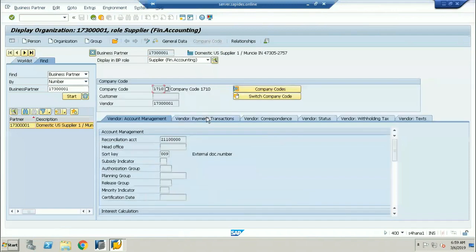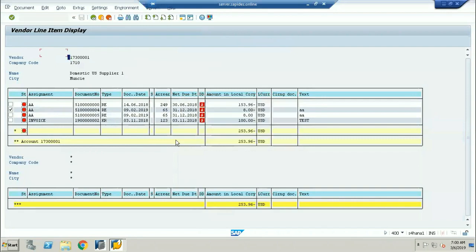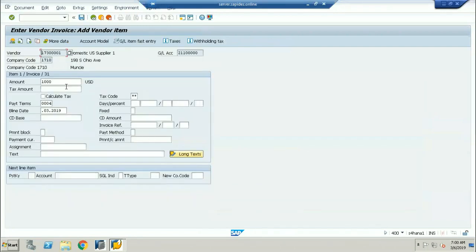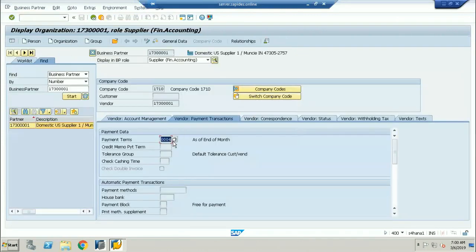Okay, so here, if we come to the payment transaction, see here, the payment term in the vendor master record, I have assigned as 00004. You can see here in the vendor master. So whenever you do any kind of purchase invoice transactions through this particular vendor, by default, automatically we can see that the payment term is getting defaulted here from the vendor master record. So this is exactly the change which has been brought on.